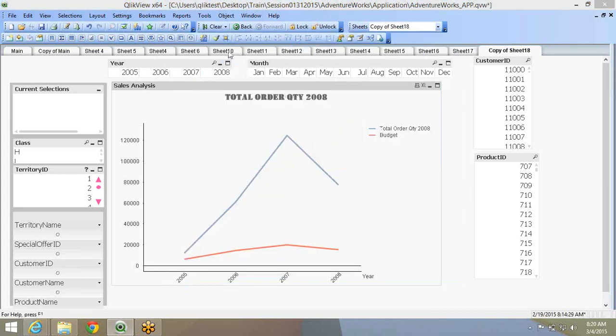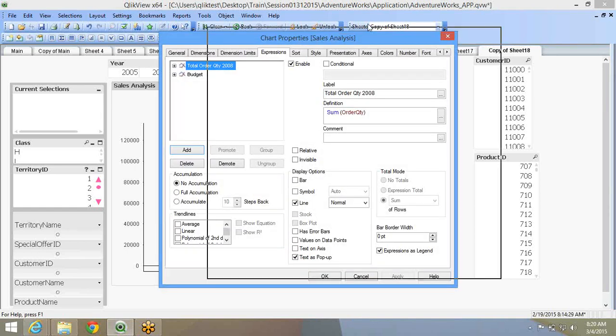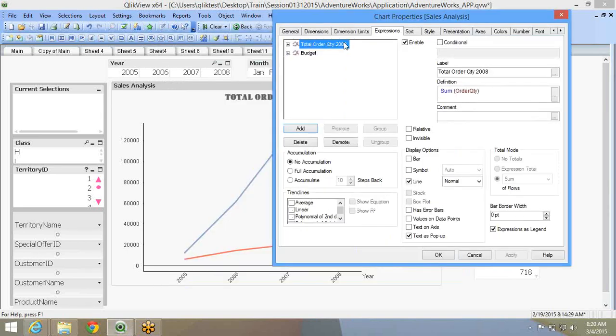In this scenario, you can actually choose. Generally the representation is that the bar chart is the actuals and the line above the bar to show the trend is the budget. So you can choose the order quantity as a bar. So you can uncheck line. Over here you are seeing all the three are available. In a bar chart only bar was available, in a line chart only line was available, line and symbol.